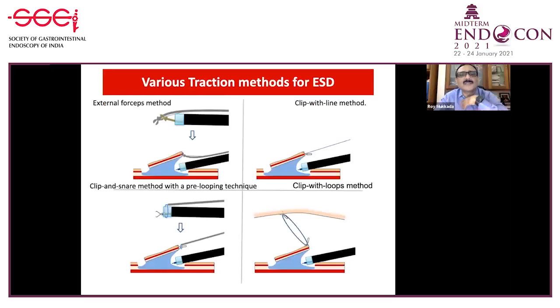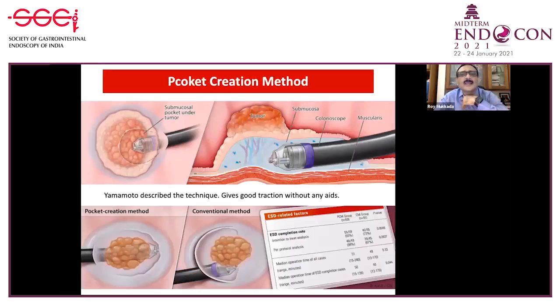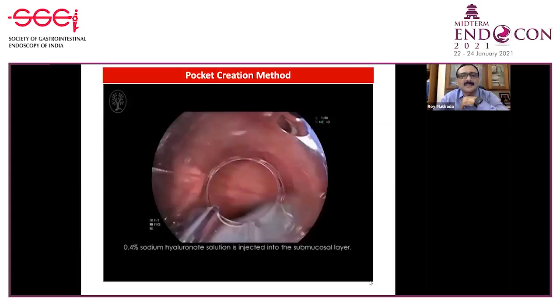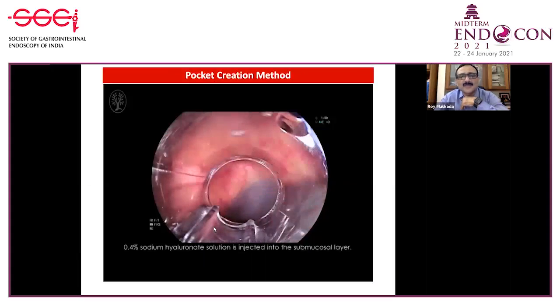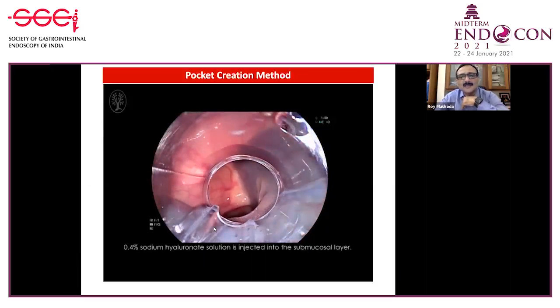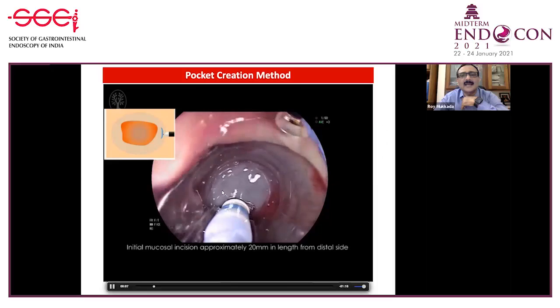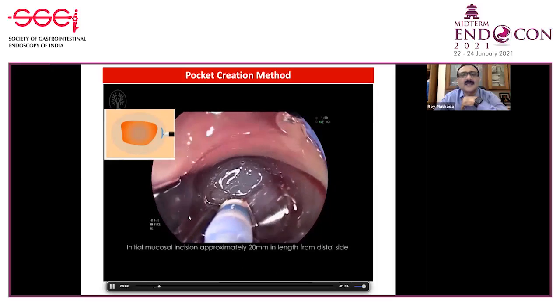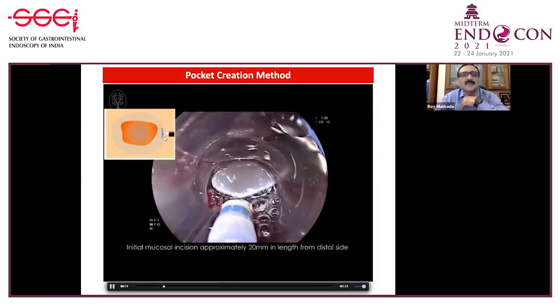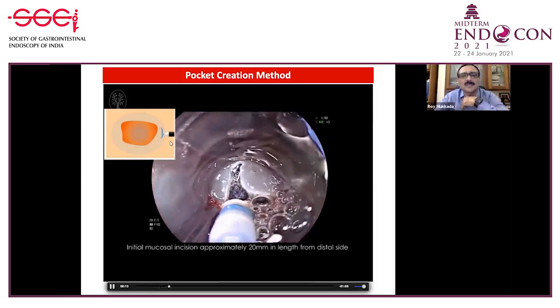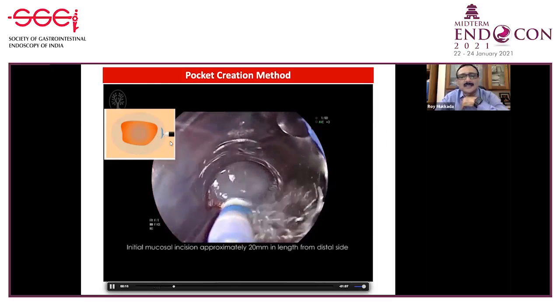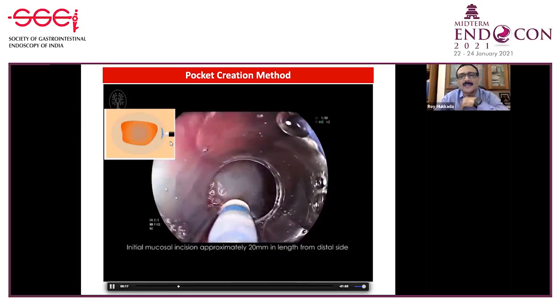These are the different methods. I'm not going into the details. Another method is the pocket creation. This video is taken from Professor Yamamoto's library. You first inject the area, I mean the lesion, and lift it, and then you can see here, you make a small 2 centimeter length incision, and then you create, just like you do